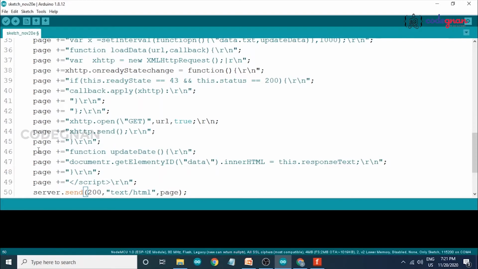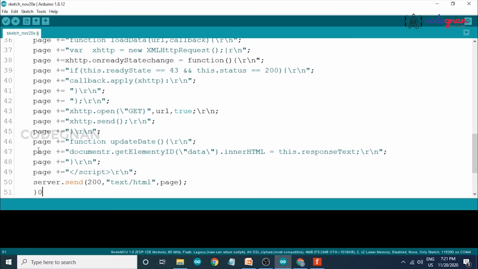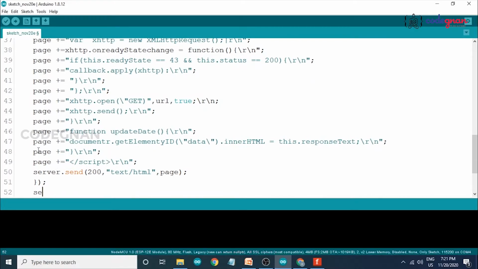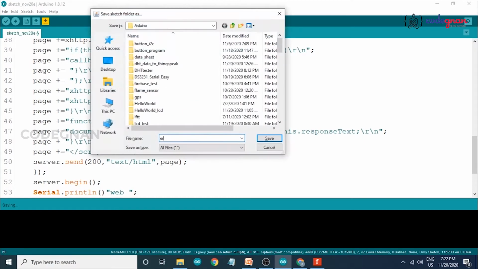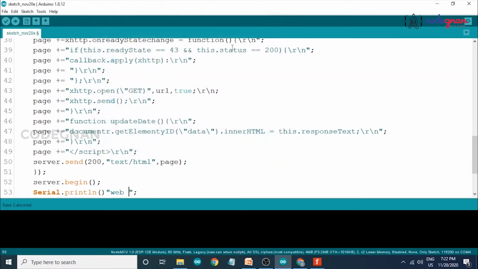So we send the page information to our web server. Now close our server and server.begin, Serial.println to indicate a message that our server is on: Server started.